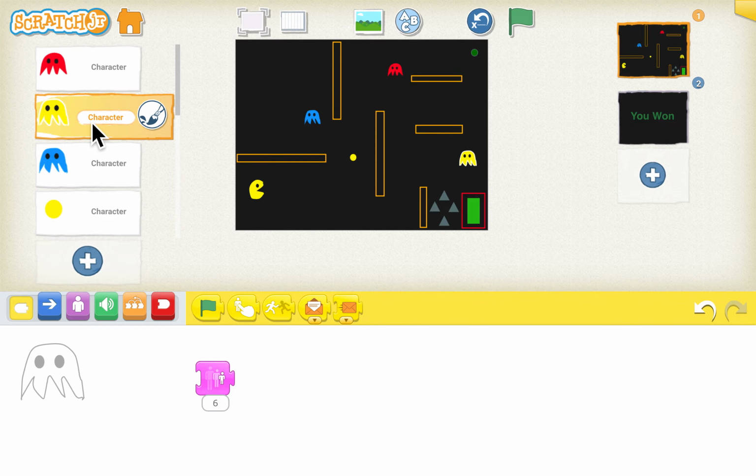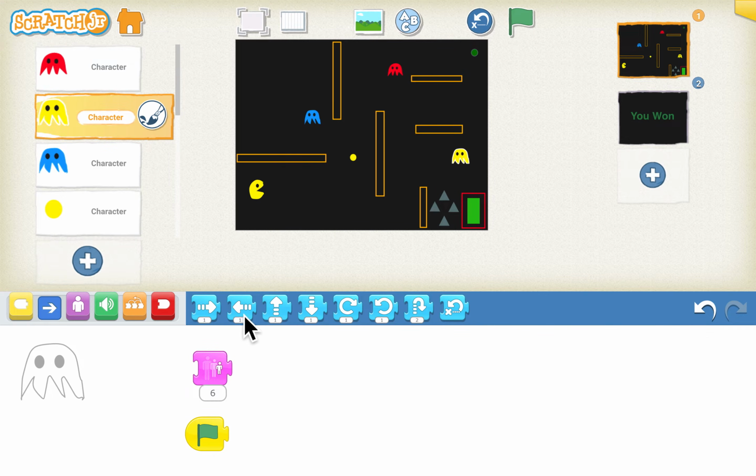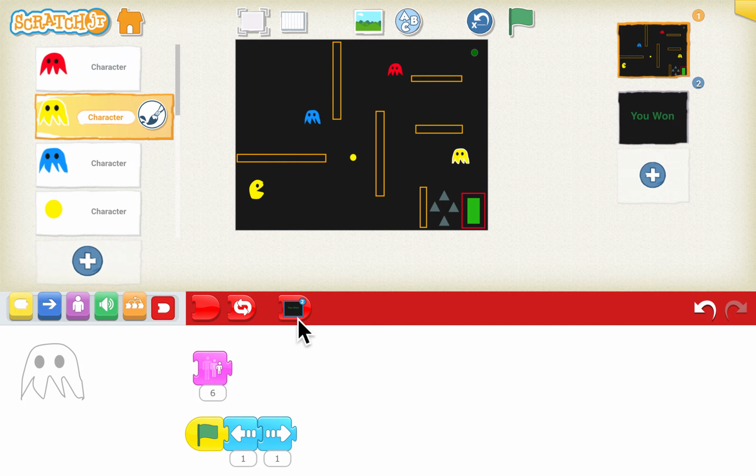We will go to the yellow ghost. When the green flag is clicked, we'll drag the green flag. We want the yellow ghost to go left and right. So we will go to the motion blocks. First it will go to the left side and then to the right side, and it will repeat this forever.